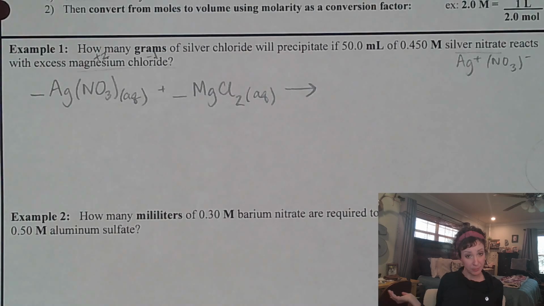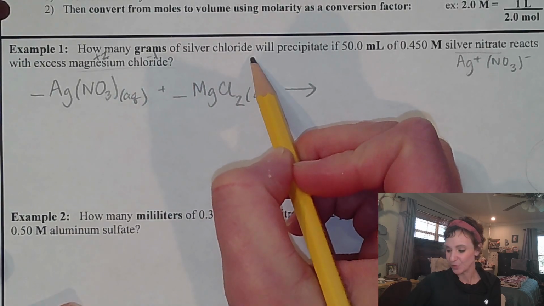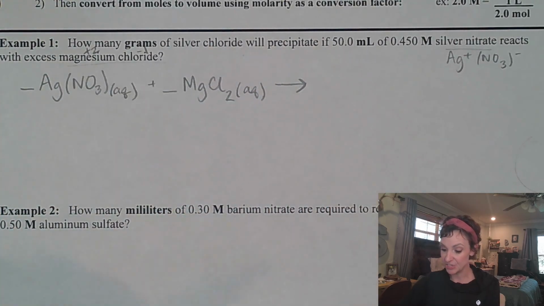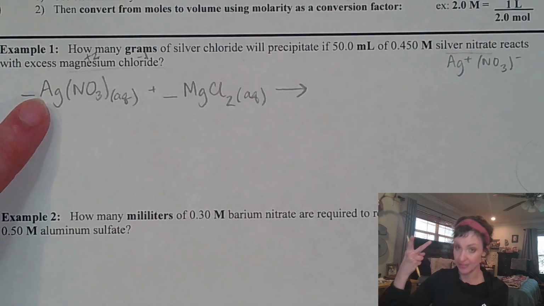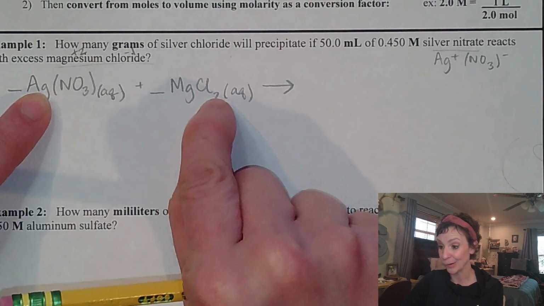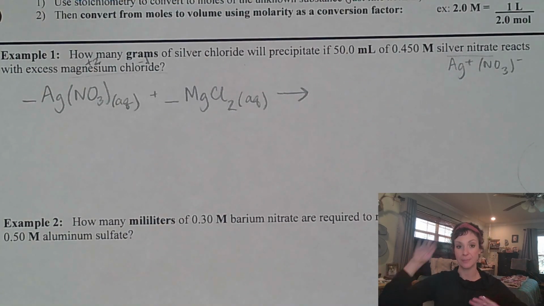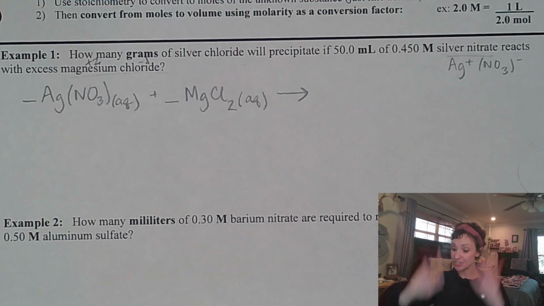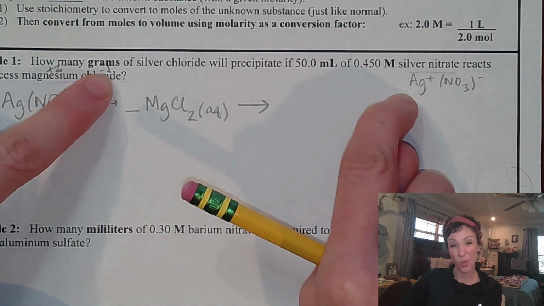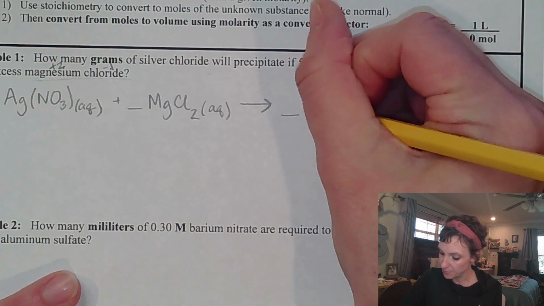Y'all, this looks like it's going to be a double replacement reaction for me. And in fact, judging by what they told me here in the problem, they're saying one of the products, silver chloride, will precipitate out. Yes, it's a precipitation reaction. But let's go ahead and check. We know that in this double replacement reaction, silver is going to pair up with now the other anion, the chlorine, getting rid of the subscripts. They do not matter. I'm going to form a brand new chemical formula between silver and chlorine from scratch according to what their charges are. We mentioned that silver has a +1 charge and chlorine as an ion has a -1 charge. So my first product is going to be